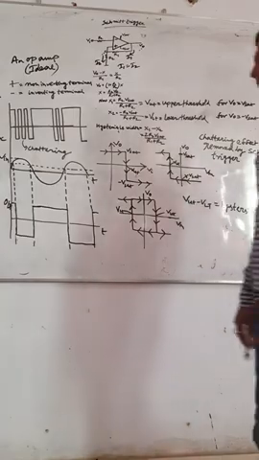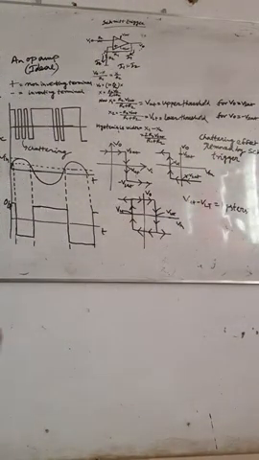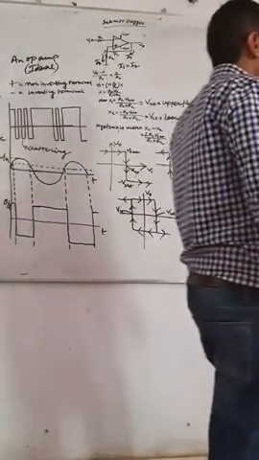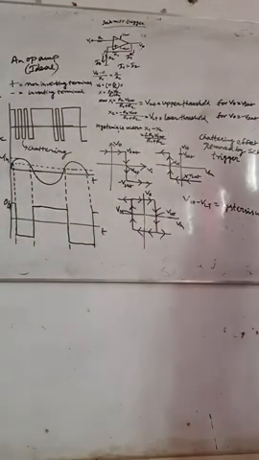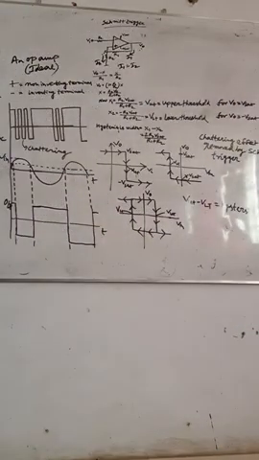Now, what is the problem? Why do we use a Schmitt trigger? What is the application of the Schmitt trigger? A Schmitt trigger is basically used for a square wave generator. You see, this is a sine wave. Suppose we use a sine wave, 10 sin omega t. With the help of this input voltage, we are able to generate this square wave.